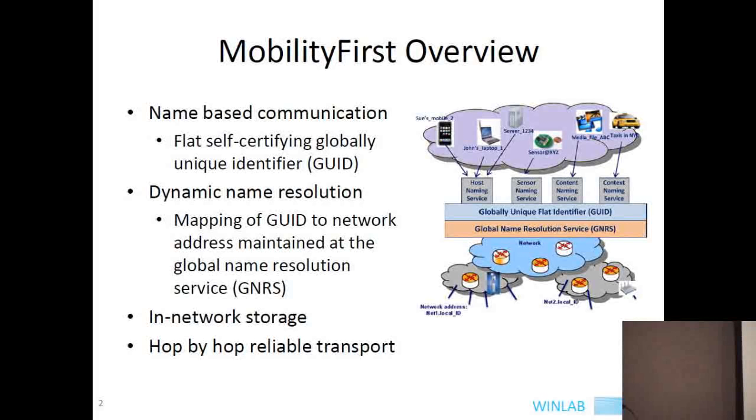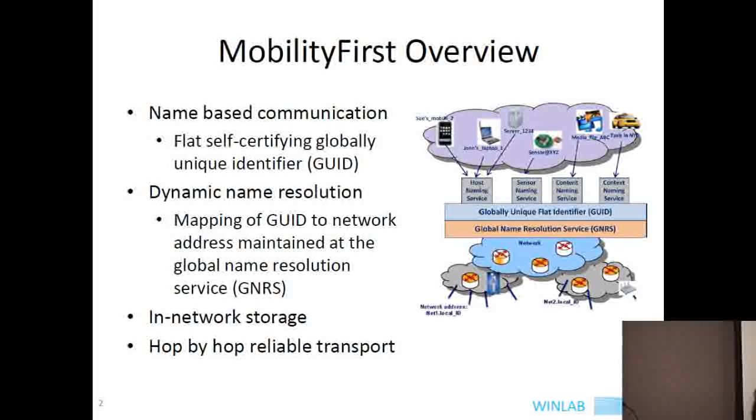What it does is it maps this GUID, or the globally unique identifier, to its current position in the internet. And as the device or the entity moves, this mapping keeps changing in the GNRS. So this is how Mobility First handles mobility. The identifier remains unique, and as you move, your mapping keeps changing in the GNRS.